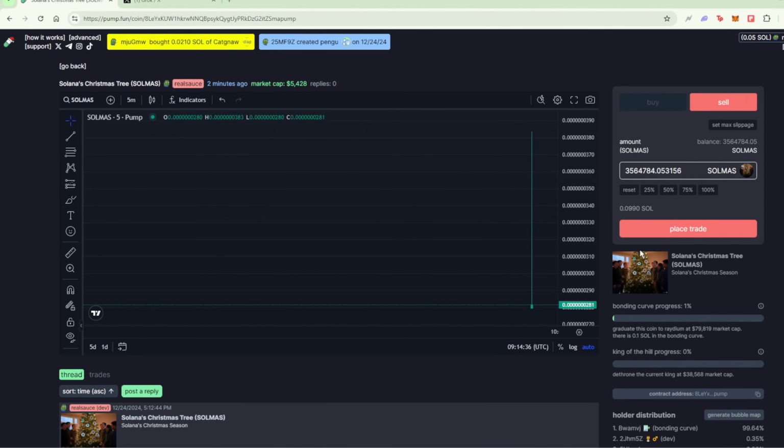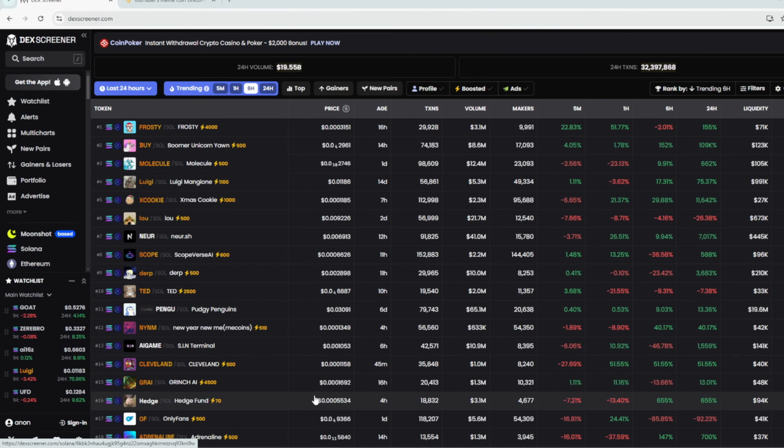I created this meme coin just to show you guys how to create a meme coin, so there's no intention for this meme coin at all, so don't go and buy it. So this is basically how you create a meme coin step by step, from connecting a wallet to launching your own meme coin. Now I'm going to talk about how you guys can capitalize on opportunities by creating meme coins